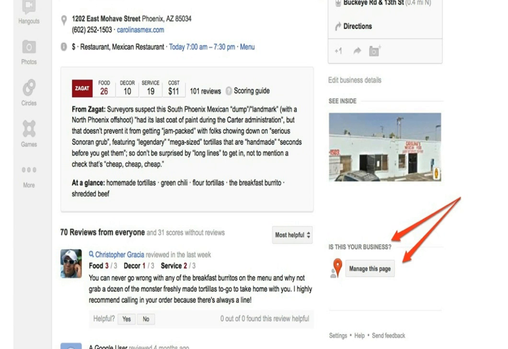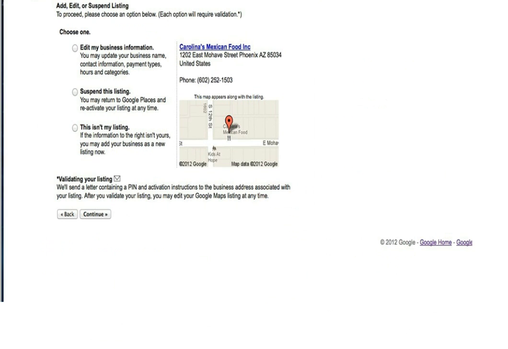You better go over there and say that you own it, or somebody else is going to move in, right? People can't really move into your Google Plus Local page too easily, but if you claim it, you're going to be able to lock the door. So go for it, go get it done. I can actually help you out with that too. You've got my email at the end of this presentation.